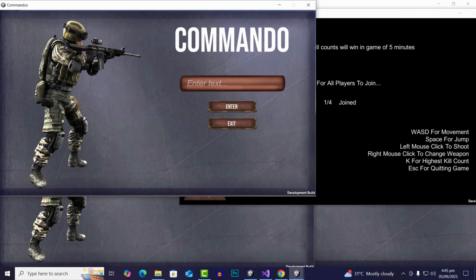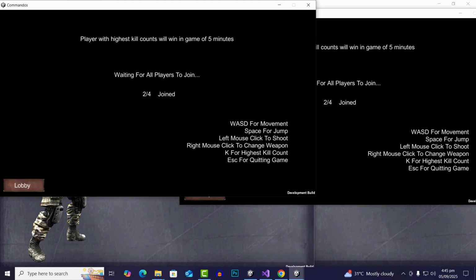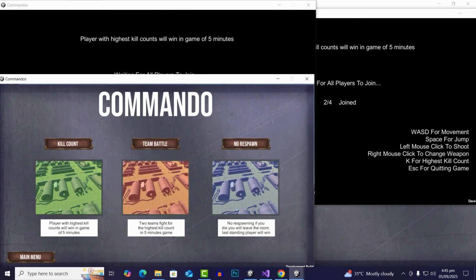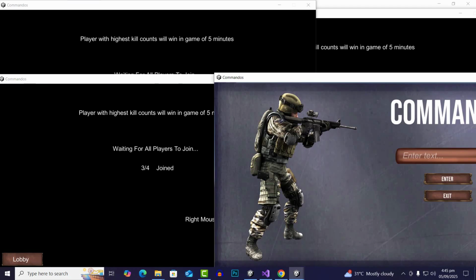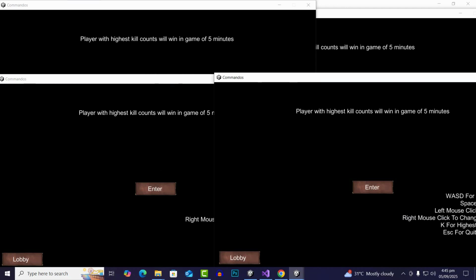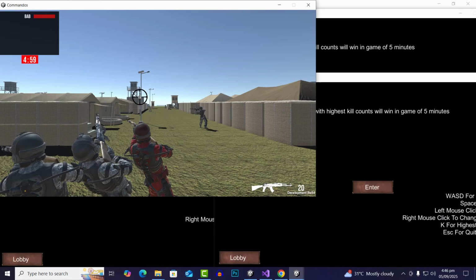Then we will go for the second character, then go in the room, then we will go for the third character, then we will go for the fourth character, okay, now enter is available for all the characters, so I will just choose the red,